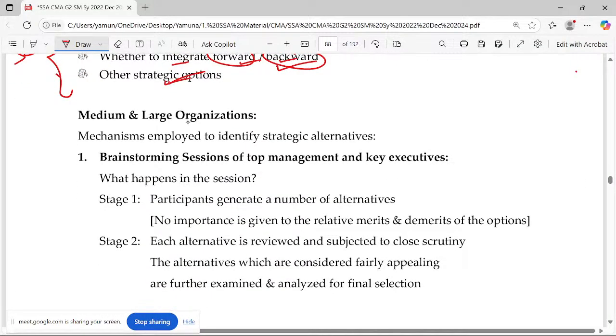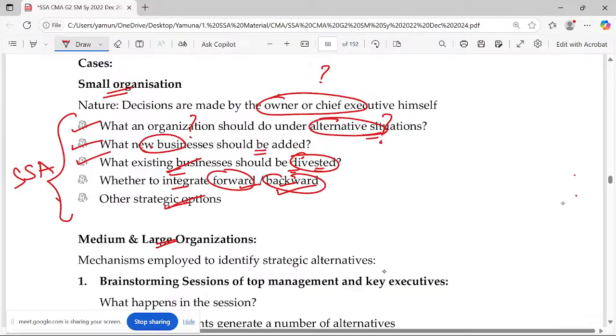So we'll go for medium and large organizations. What's the difference between small, medium, and large? Probably in the next topic we'll go into the organization structure and all. In a small organization, owner, CEO, sweeper, gate closer, everything will be a single person. But when you go for medium level, there'll be one stage lower, which means there'll be an owner and there will not be contact with direct employees. There'll be one person in the middle who will be called manager or some other position. If you go for a large organization, you cannot see the MD at all in your lifetime. Sometimes it happens.